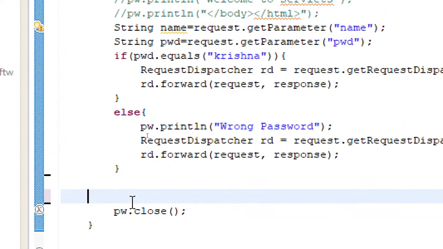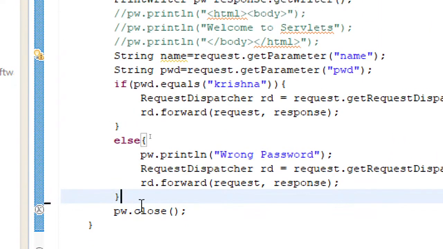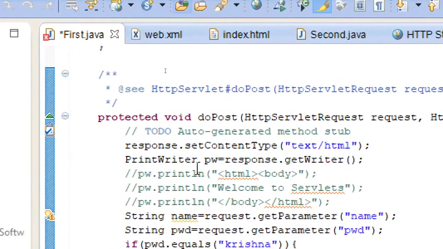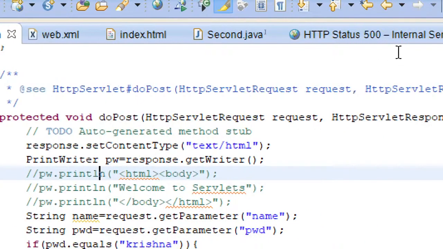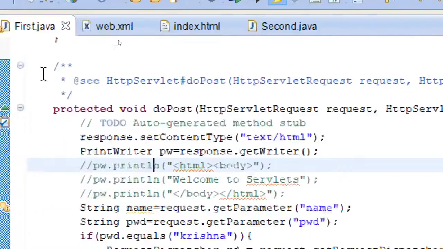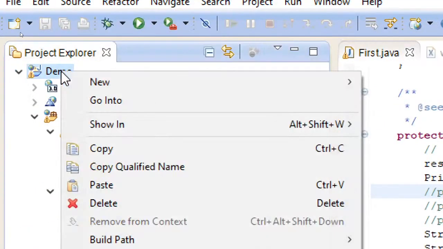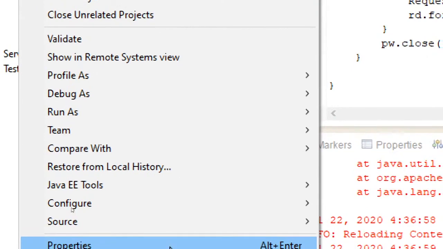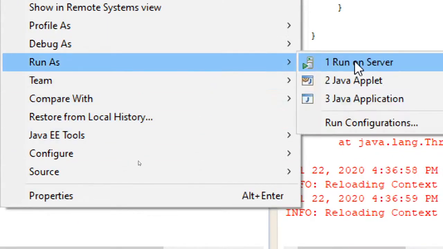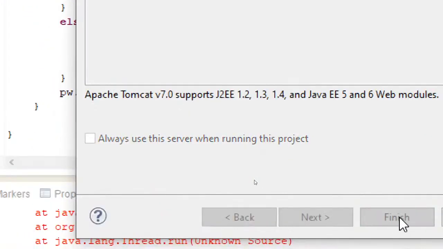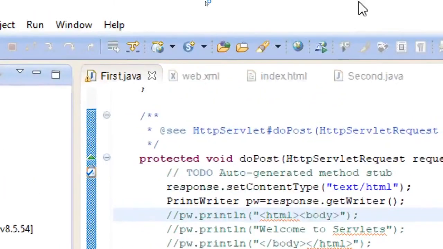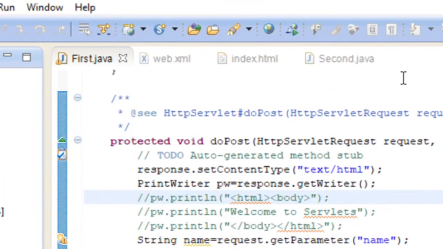So without resolving the errors, we had just run the web project. So else is closed here, and then pw.close, and then this post method close, and then obviously the class close. Okay, now let's save this. Yeah, now you can see the red cross mark went off. So once again, let me just run this. Whenever you see that red cross mark, understand that there is some error. So first resolve it. Finish, restart the server. Let's see. Now it should work, I hope.